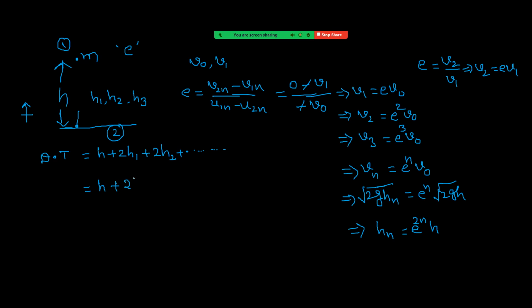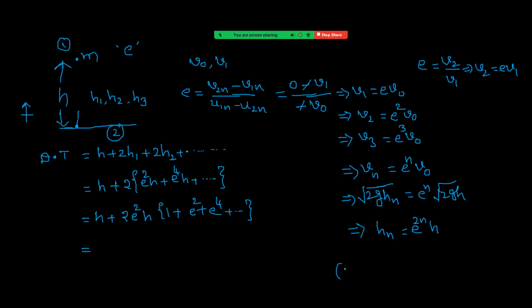I'm taking 2 outside. In the place of h1, e square h. In the place of h2, it is e power 4h plus and so on. Let us take e square h also outside. Remaining is now 1 plus e square plus e power 4 plus and so on. And you are knowing that this is